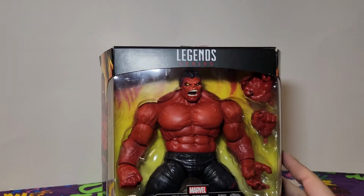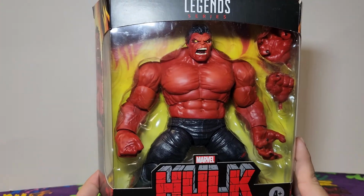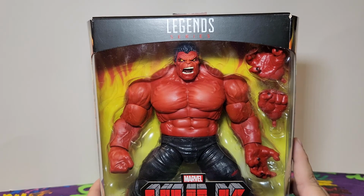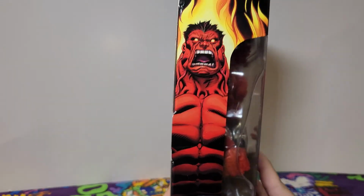Another figure I bought off him, who, just like Spider-Gwen, a little less so, I'm less familiar with, but I think he just looks cool. I've read one story with him in it, and that character is the Red Hulk. General Thunderbolt Ross turns into the thing that he hates the most. He turns into a Hulk. And he is a deluxe figure. He is not like your regular...